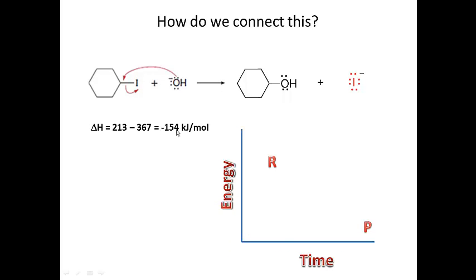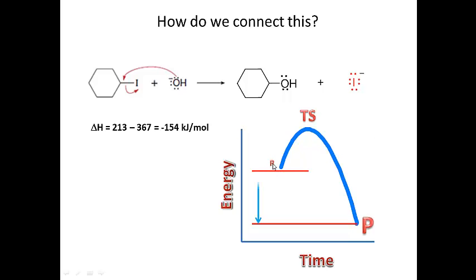So we know that delta H is negative 154. Here's the reaction again, and my reactants are here, and these are the products that are here. Now let's see what happens when we take this reaction and use a reaction energy diagram to describe it. So you see the reactants are disappearing, the products are forming. Here's the transition state. And then the difference in energy between reactants and products is delta G. Because this is exothermic, if you subtract the energy of the reactants from the energy of the products, you should get a negative number